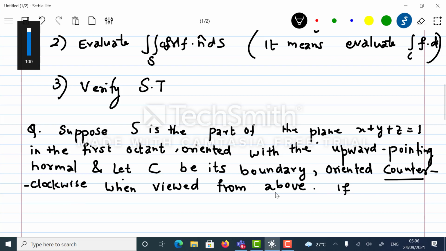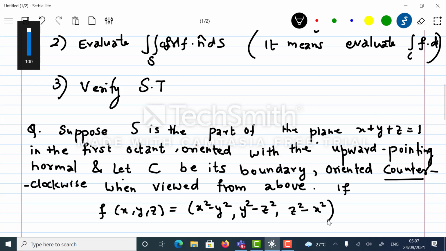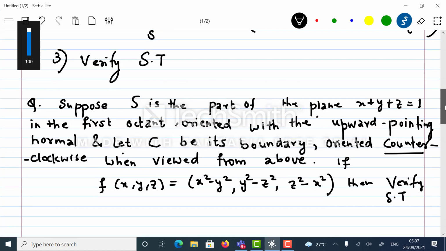If f of x, y, z is equal to x square minus y square minus z square minus x square, then verify Stokes theorem. Okay,